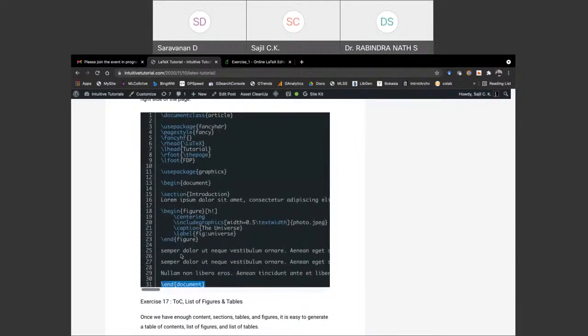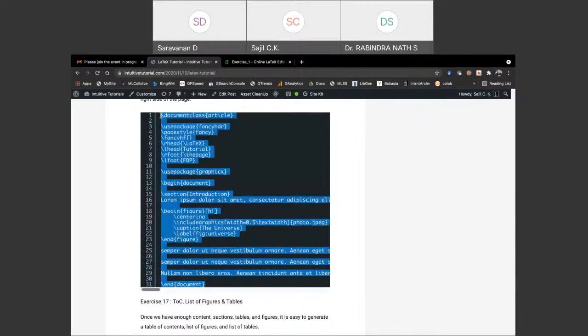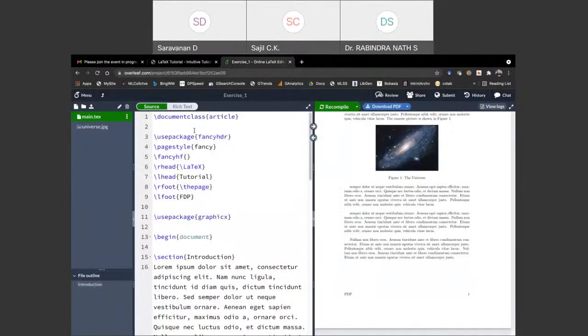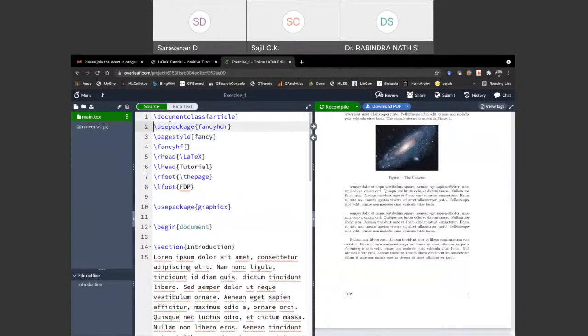I'm having a document with some content like figure, introduction, etc. So I'm having a document of class type article. Then I'm inserting the same commands I just showed you for a single-sided document.